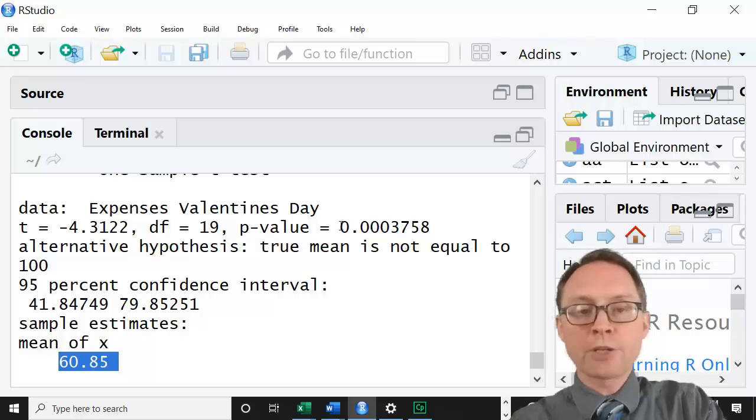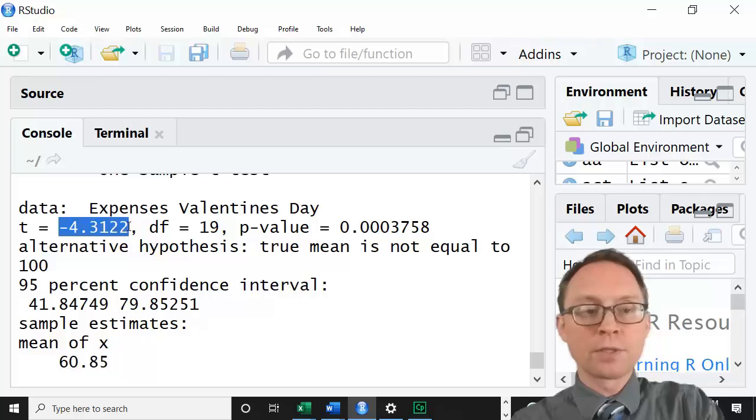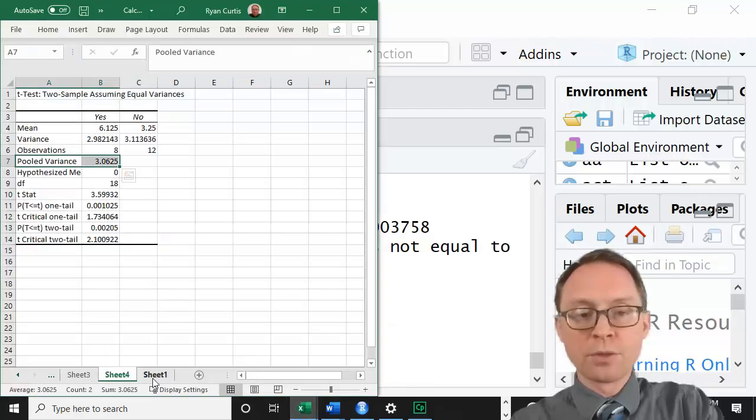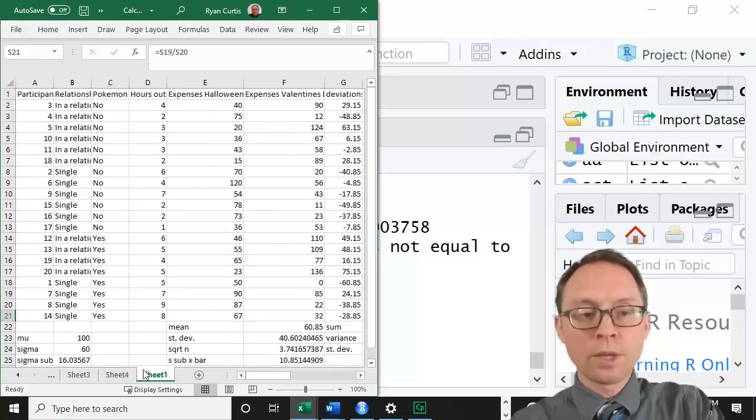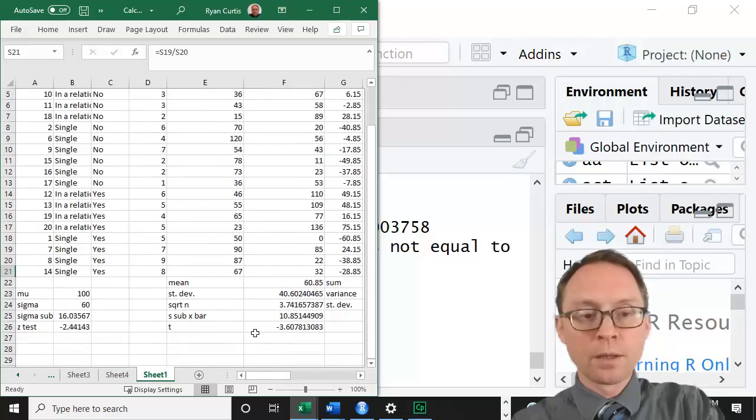The actual p-value of this is right there, and the t-value is negative 4.3122. When you compare that to the calculations that we made, we calculated it being over here. We calculated our single sample t